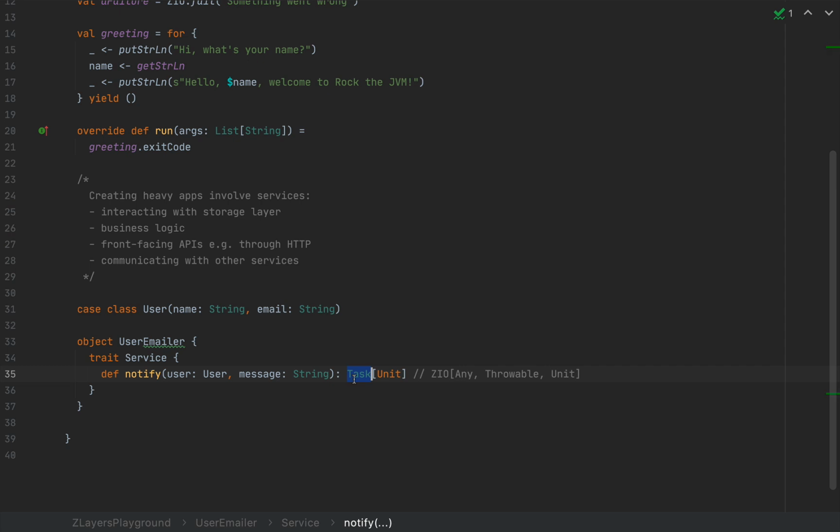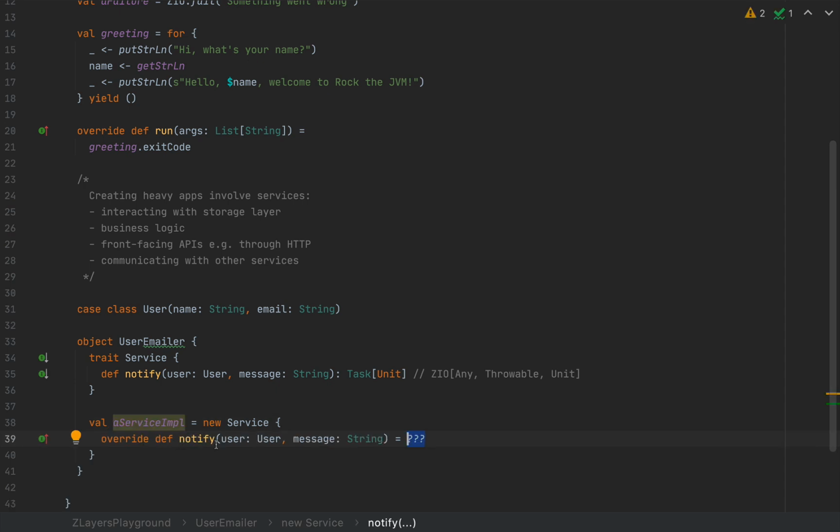Now, the implementation of this task may or may not be asynchronous, and we want to give the maximum capability here. Inside of this object, I'm also going to provide a dummy implementation of the service that would send an email to this user. For the sake of this video, for brevity, I'm going to use the console. So I'm going to define, let's call this a service implementation, is new service,